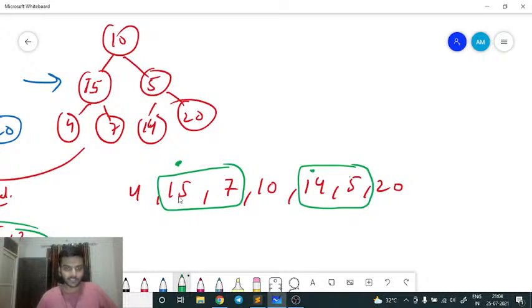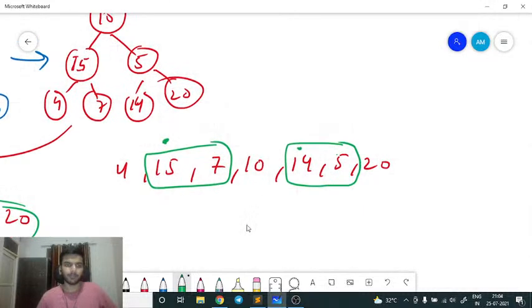So this is the case in which you can see 15 and 5 are not adjacent to each other. What do I mean by adjacent? That means 14 and 5 are adjacent, 5 and 20 are adjacent, 10 and 5 are adjacent. That's what I mean when I say the word adjacent. The other case might also occur, that if 5 was kept as it is, and I just swapped the 14 and 15 over here,